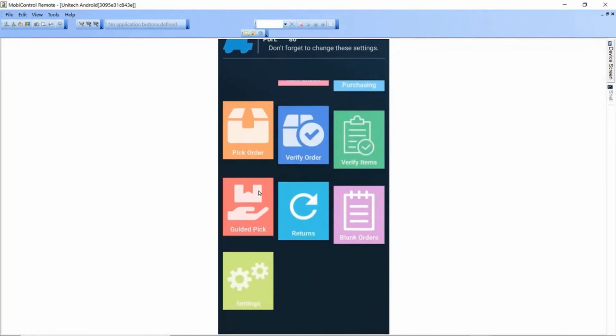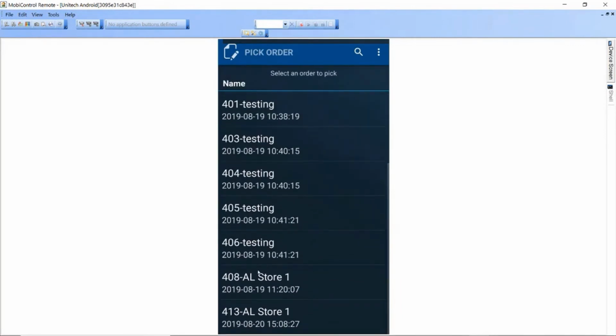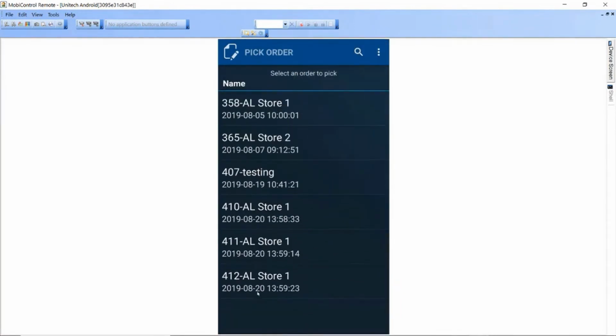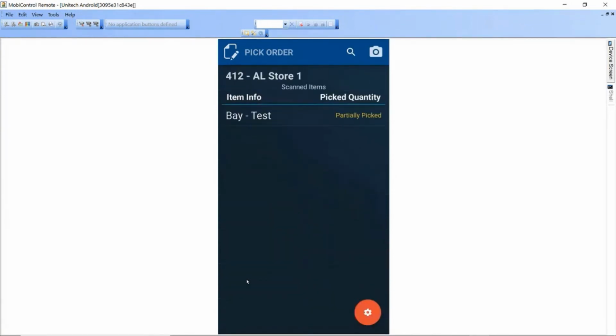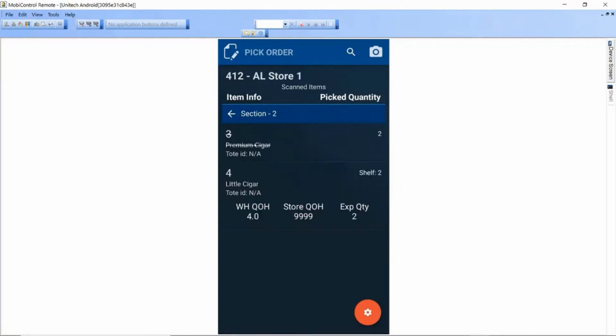Obviously, if we go back to the order and change to in progress, since we started picking it, go back, pick the rest of the order. And if we're going to pick the rest of the order, I can show you the new feature for the picking process. Whenever we scan an item that requires serial numbers,